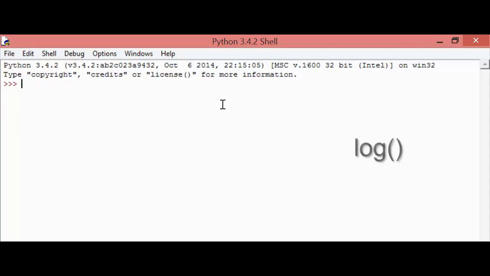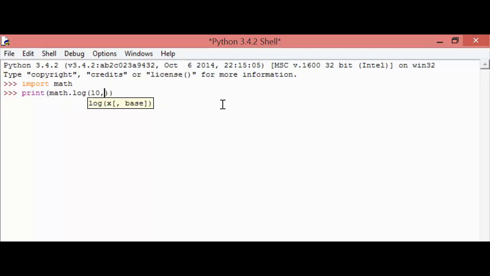The last method is the log method. The log method will return a natural logarithmic value or a value for a given base. So for that we have to import the module math, and now I'm going to simply execute the log 10 value, math.log and here 10, and the base is also 10. Here 10 is the base, so here we get the result 1. So we know that log 10 is 1. So this is all about numbers in Python.